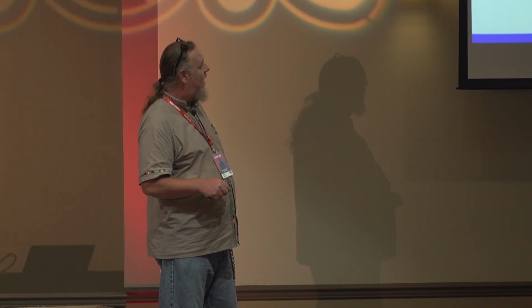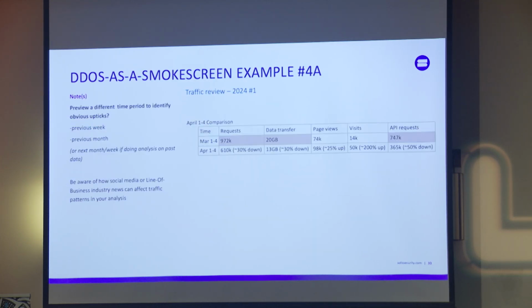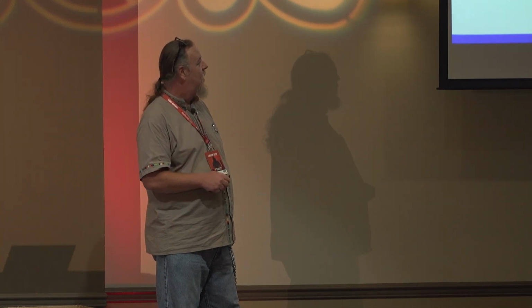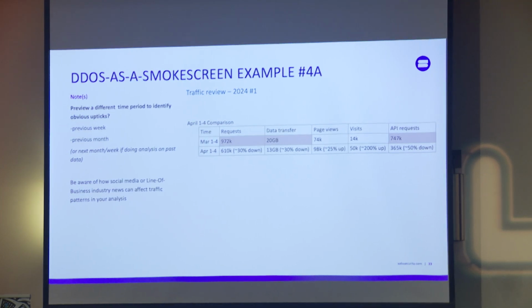And you can see API, login, their UAT environment, right? And then I can't read the far side, but it was their app. So they were going after something there. And so what you have to do sometimes to understand the traffic is look at a different time period. So this attack happened in March. I was analyzing it in April, because sometimes I go back and look at the previous month's traffic to identify what we didn't see. So you can see the traffic in that previous time period was up a little bit from normal.